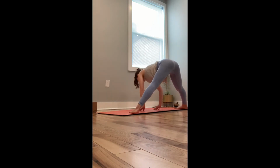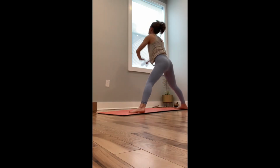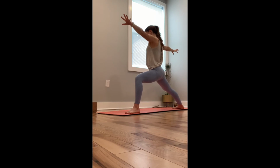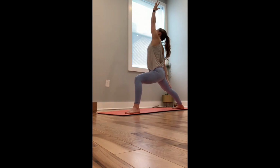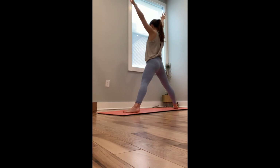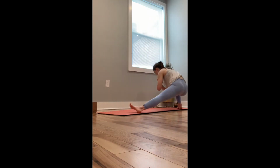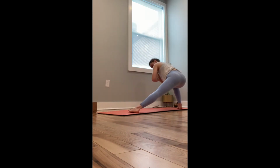Go ahead and bring those hands to the hips and rise all the way up to your warrior 2, bending into the left knee. And then inhale. Exhale, reverse your warrior. Inhale, star pose, toes wide, arms wide. Exhale, hands to heart. Come into that nice side lunge, bending into the right knee, bringing the right elbow to